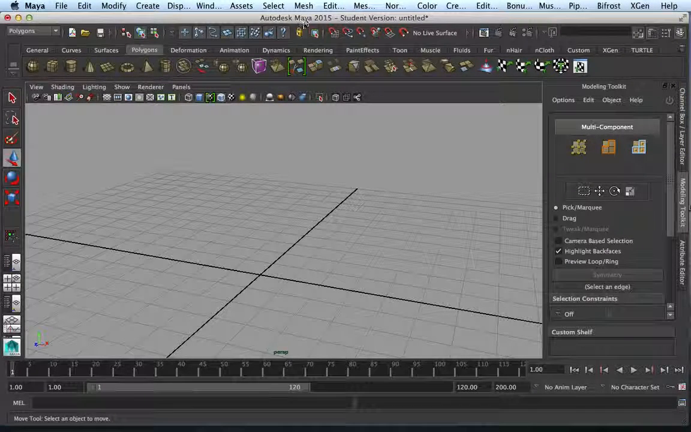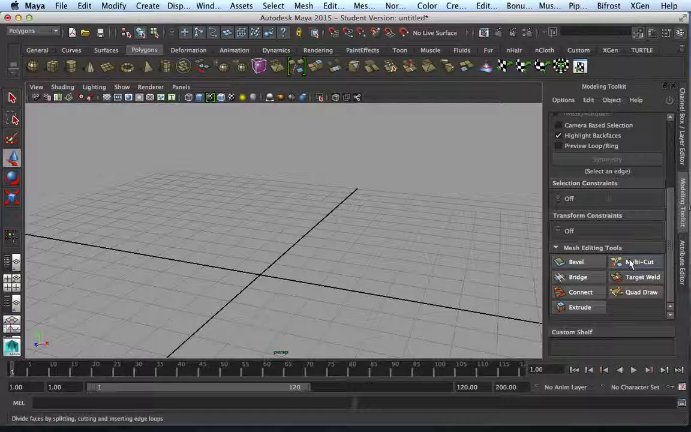Okay, so here's another look at the modeling toolkit. I know we were rushing just a little bit in class the other day, so I want to go over some of these tools, which, once you get used to them, really make your workflow a lot faster. We're going to take a look at the bevel, the multi-cut, the bridge, the extrude, and maybe the target weld